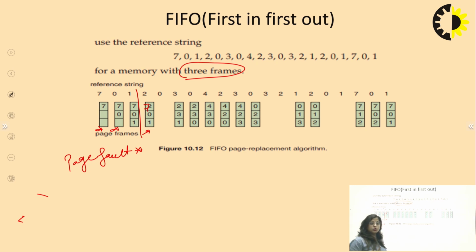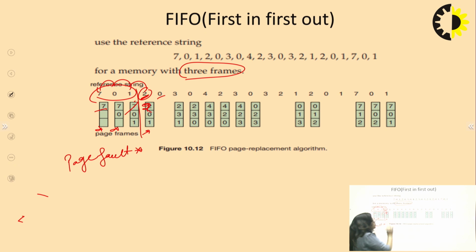So 2 is a newly demanded page by the CPU, and 7, 0, 1 are the old pages which are already stored in the page frame. Now the problem is which page is replaced by the newly demanded page. According to this, the new demand by the CPU is 2, and our old pages are 7, 0, 1. So now 2 replaces which one of these 3 pages? This is a FIFO problem. FIFO is first in, first out. So the first in was 7, so 7 is replaced by 2 here. Now it is again fully filled.